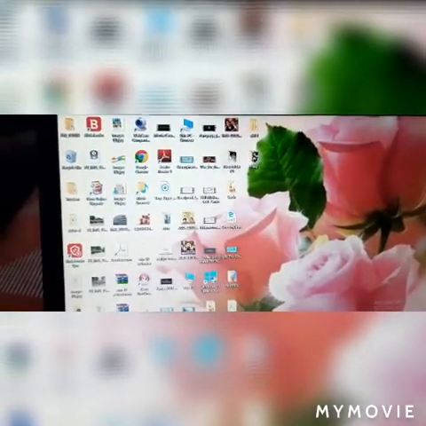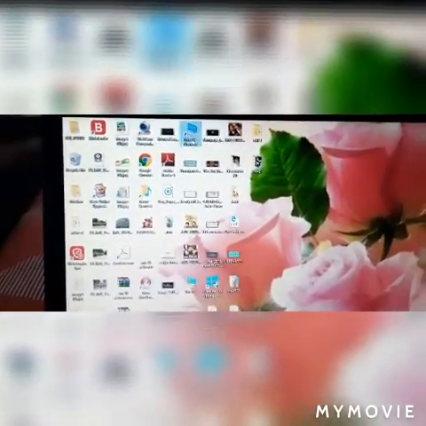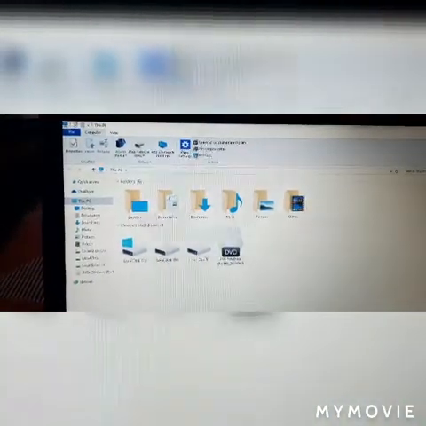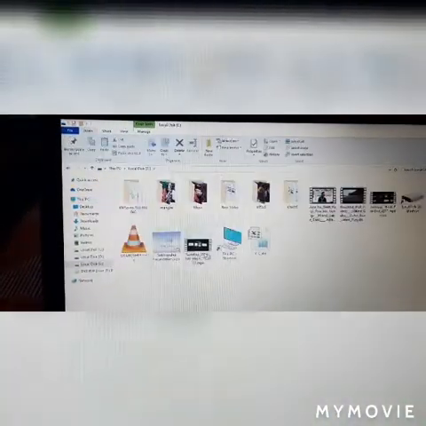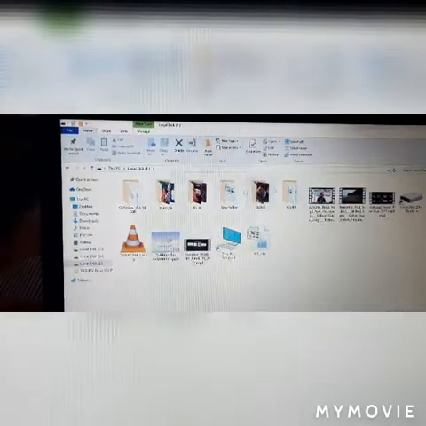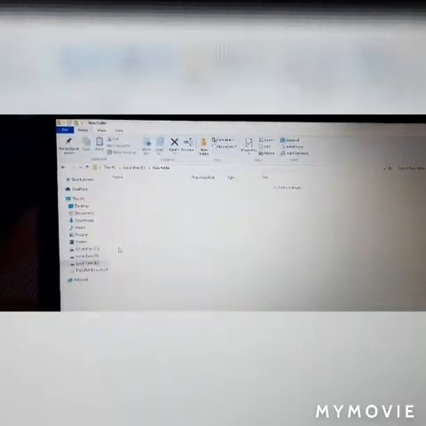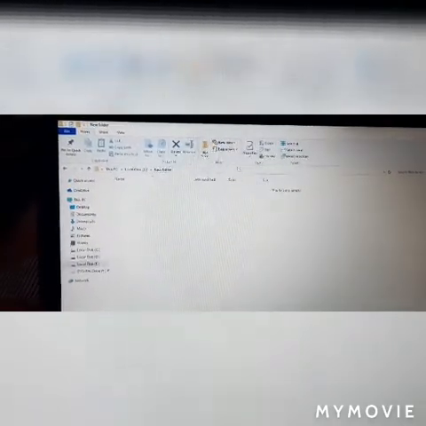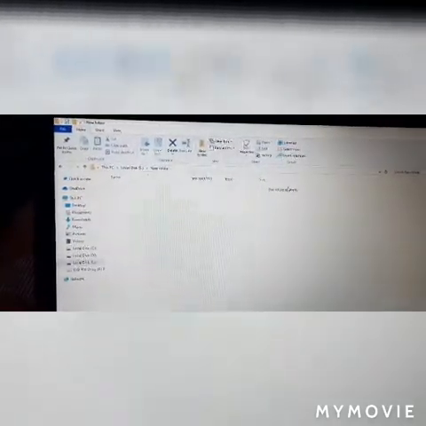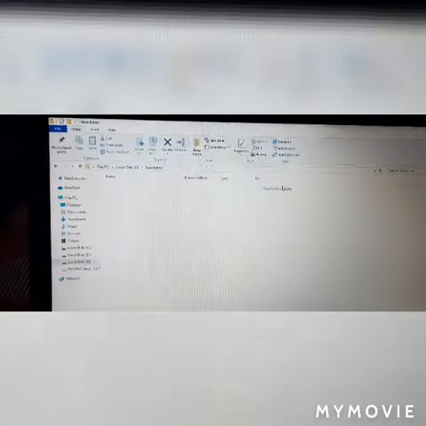So again we will move to the This PC option, double tap to open it. Now move to the local disk E. Now we have created two files over here. Now how to delete that one, just see, Annual Examination. First we will click on this. After that you could see a cross mark in the Home tab. So what you will do, as soon as you click on that, it has been deleted. Now you could see over here it is written, this folder is empty. That means your file has been deleted.